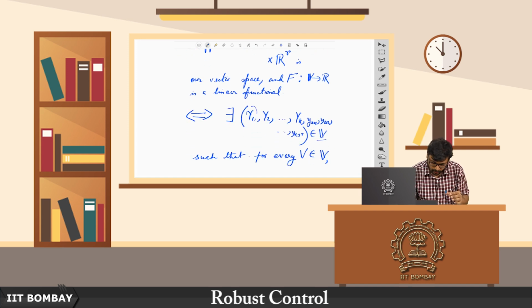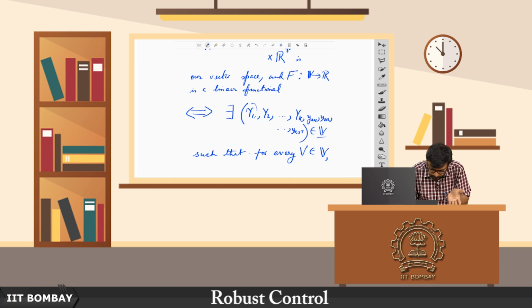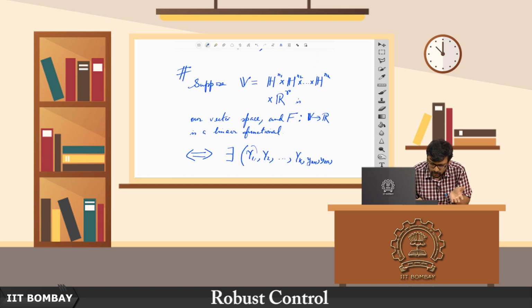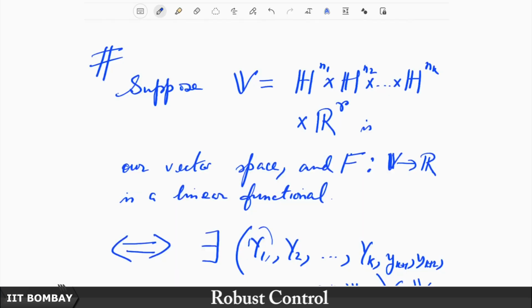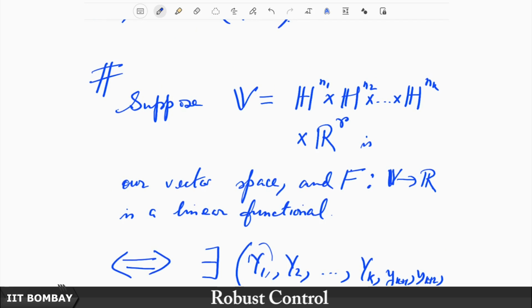Then you move your attention to the second entry, put the first entry as 0 and the remaining entries from third onwards to 0, and in the second entry you now put all the basis elements one by one. So, you will have n1 entries in the first case, n2 entries for the second case, n3 entries for the third case, and you can keep tabulating and you will find that eventually you will have n1 plus n2 plus n3 dot dot dot plus nk plus r, or maybe in this case not nk really,